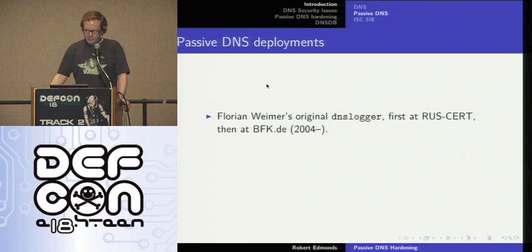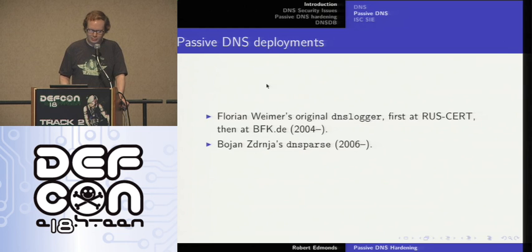So there have been a number of different implementations of passive DNS over the years. The original is Florian Weimer's DNS logger, whose backend was initially hosted at RusCert and then at BFK. Florian's implementation uses a custom libpcap forwarder on the passive DNS sensor and a Berkeley DB database for permanently storing that data. Then we have Bojan's DNS parse out of New Zealand, which uses a fairly primitive tcpdump-based sensor